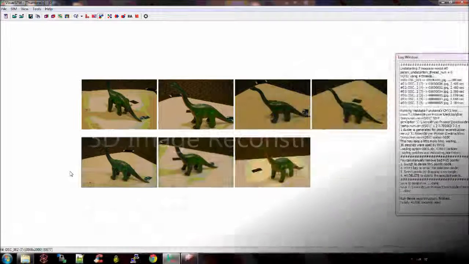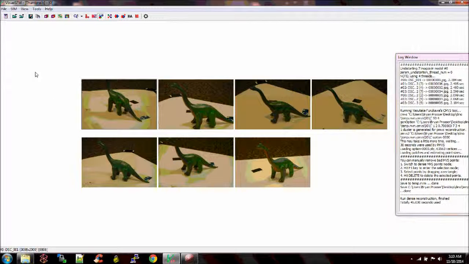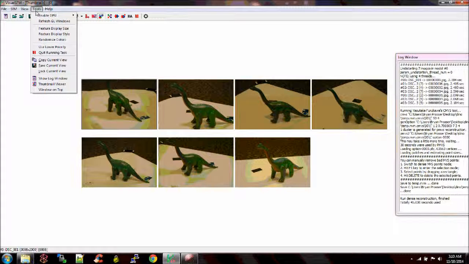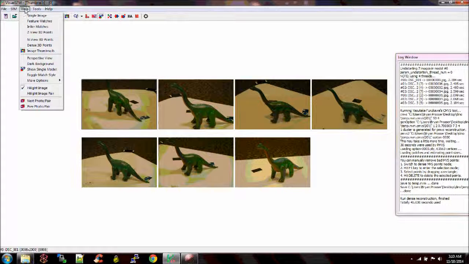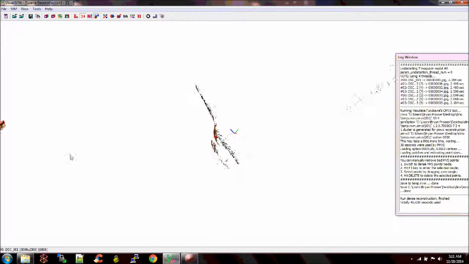Going to show some of my reconstructed 3D images using Visual SFM for project number 4. And here I just preloaded all the images and already calculated the feature points using SIFT, because I did not have enough RAM to do the video and do SIFT and this visualization at the same time. But after you get the SIFT features, as you can see here, I can load it in and we'll create